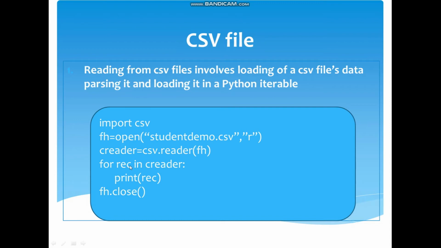So what we will be doing is: for rec in c_reader: print(rec), because rec at a time is actually one record. All the records are there in the sequence; c_reader is nothing but a sequence, you can say. So record number 1, record number 2, record number 3, like this it will display all the records. Clear?